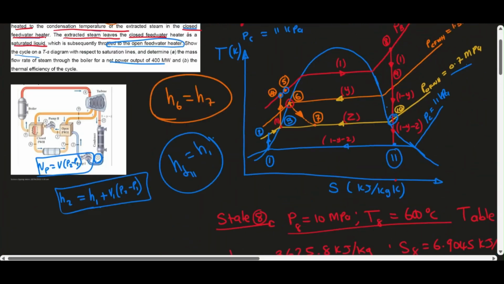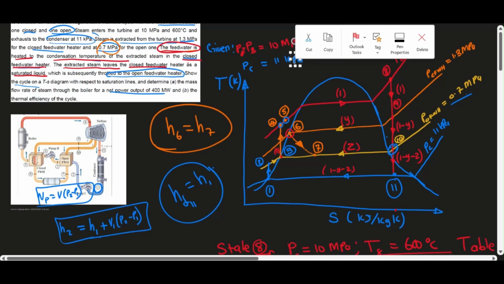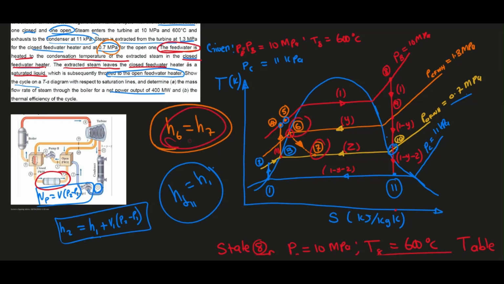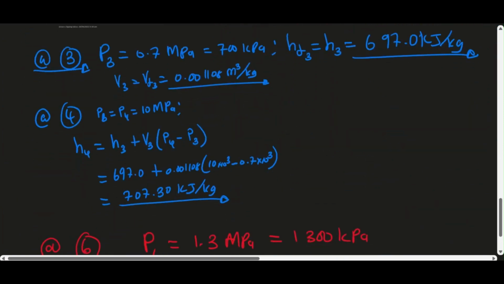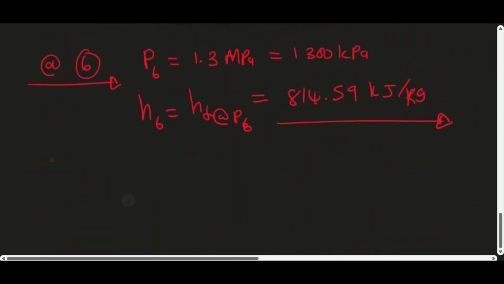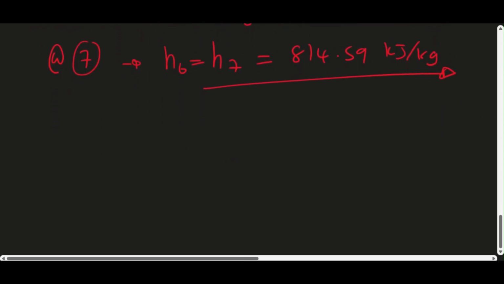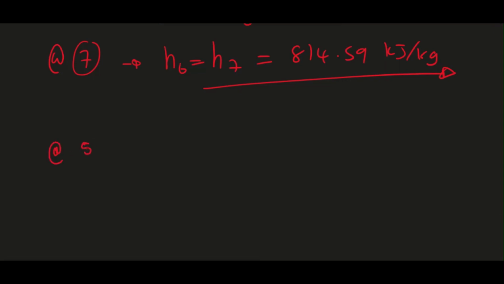And what do we know about H7? We know that this is a throttle valve and H6 is equal to H7. Therefore, if we have H6, we automatically have the enthalpy at state 7, which is just H6 equals H7 at 814.59 kilojoules per kilogram. There we have it. We have state 7. Now at state 5,